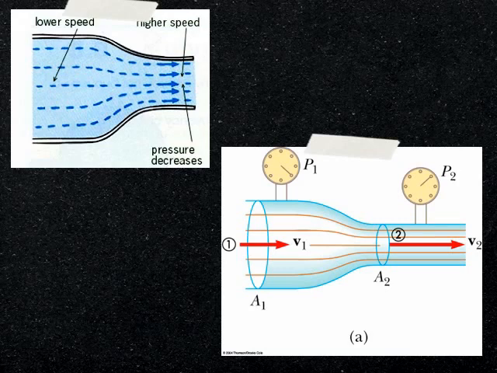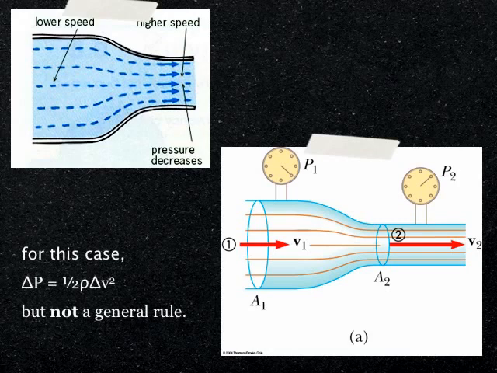So we see P1 on our dial is greater than P2, and again, P1 is greater because the speed is less at V1. P2 is less, the pressure has decreased because the kinetic energy has increased. This is only true when there's no change in gravitational energy. So again, pressure differences are related to kinetic energy density differences. It's not a general rule, because there are no other forms of energy involved here. In a sense, the pressure is simply here to balance the energy equation.